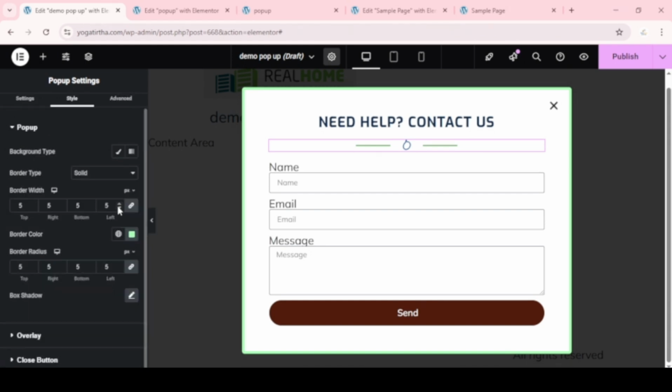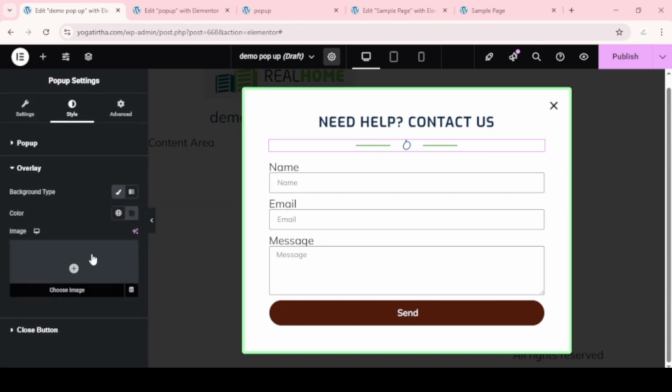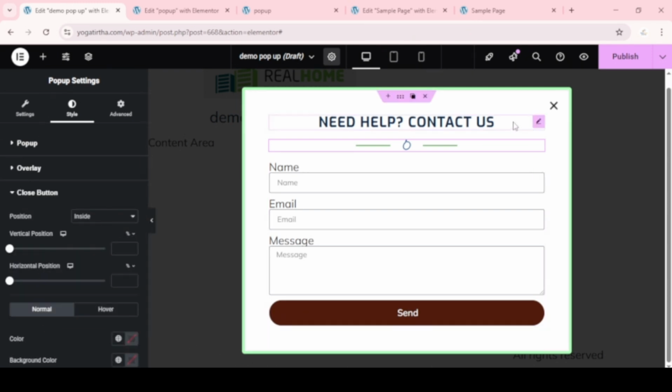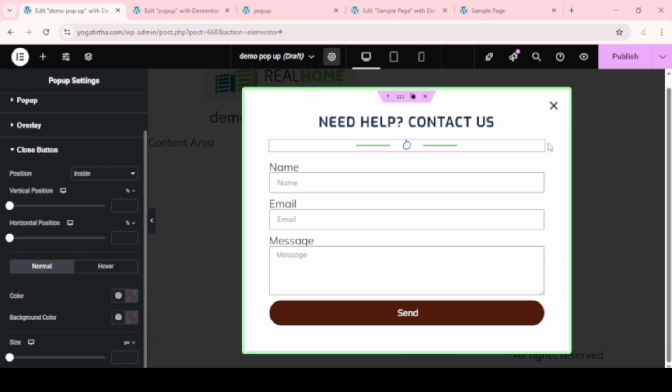Okay, and overlay, this is the overlay. If you do not need, you can uncheck here. This is the close button, this button. So you can change the position. First you position where you want this button, inside the box or outside the box. So if you click outside, so here you can see